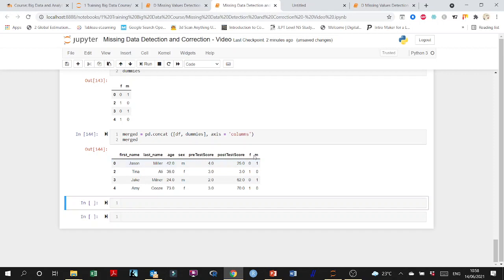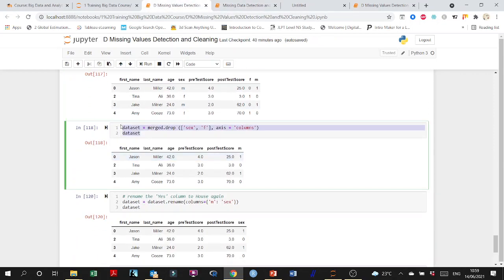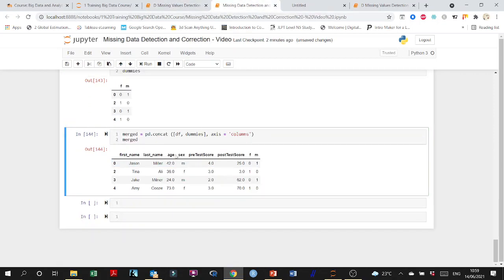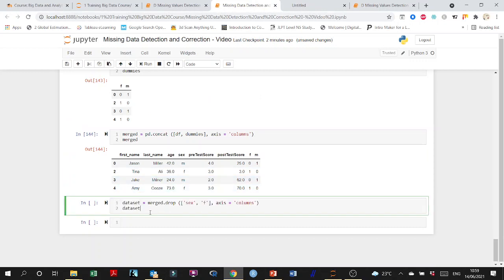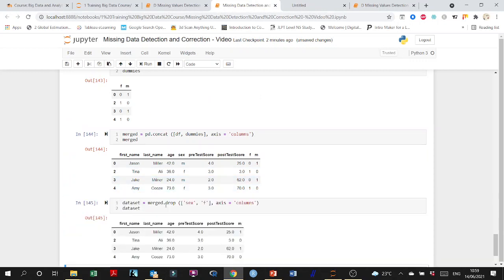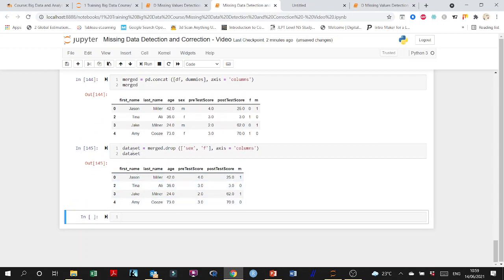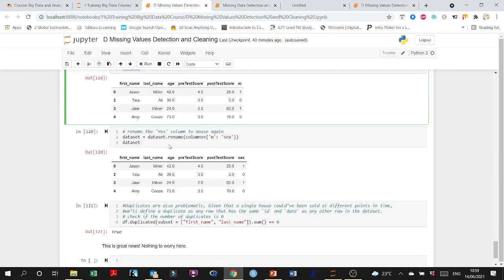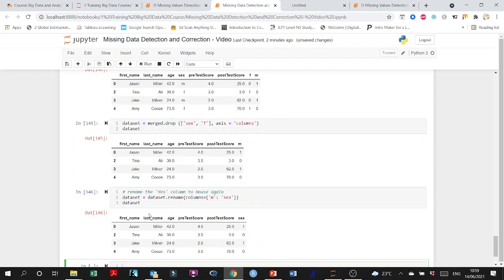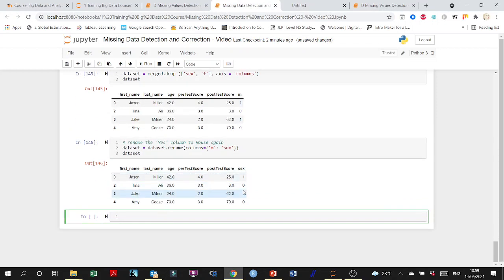So now we have the female and male. Now we want to drop sex, and we want to drop F, which is female. So we're just going to do the merged dot drop. Merged is the name of the data set now, and I gave it a new name, which is data set. So now this is the data set cleaned, but I want to rename M with sex again, so it shows that it is 1 or 0, and here it is. Now we have a clean data set with nice variables,